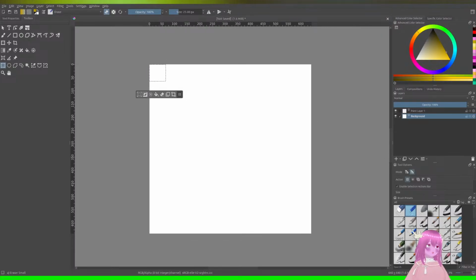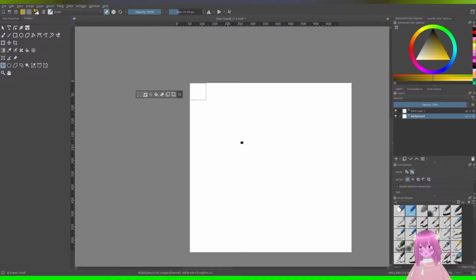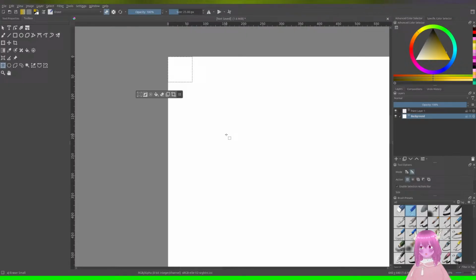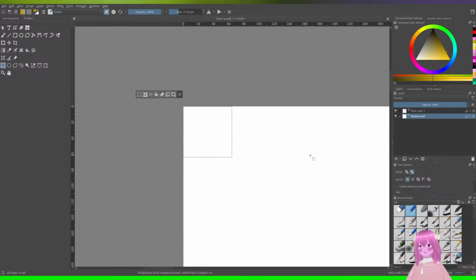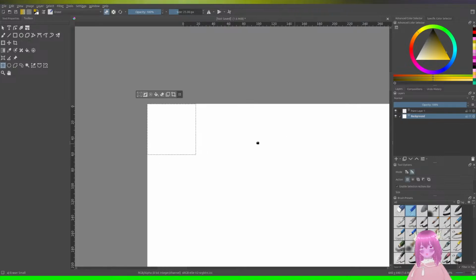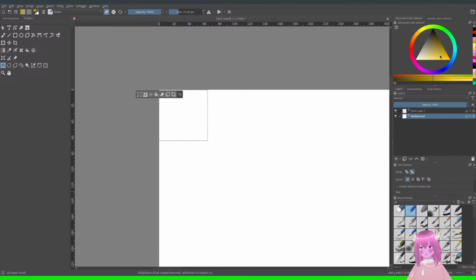I should have kept track of all the different pixel sizes. I'm realizing now that I should have kept track of all the different sizes. I'm stupid. What's wrong with me? I should easily have just kept track, you know? Oh good, I fill it with eraser because I'm on the eraser.